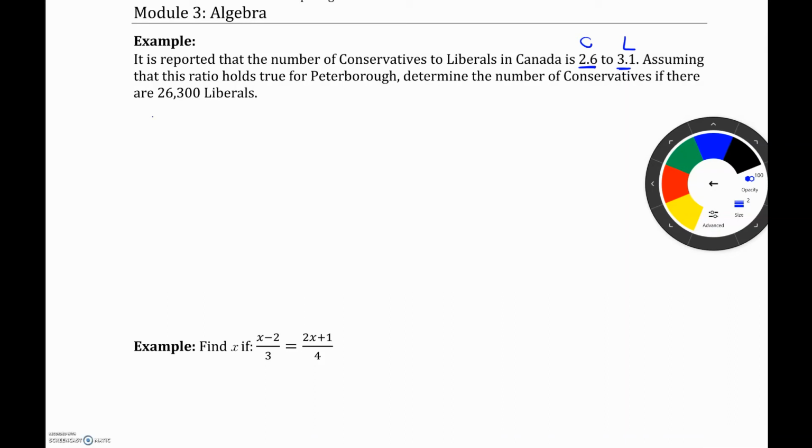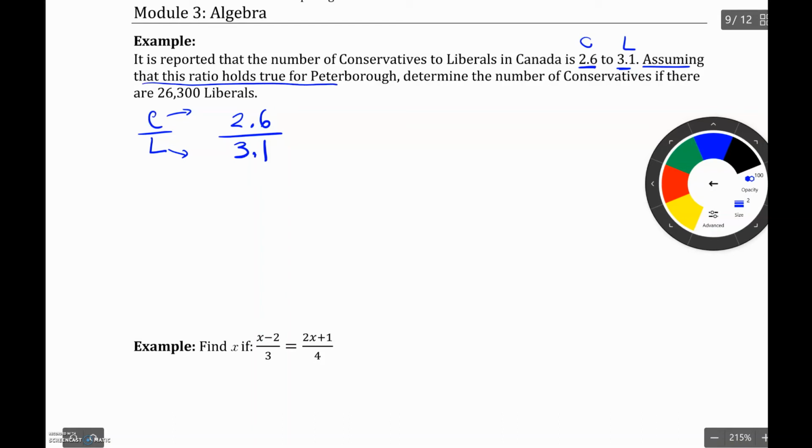So we could write here conservatives over liberals, right? Conservatives is 2.6, liberals 3.1. So conservatives on the top, liberals at the bottom. Now it says, assuming that this ratio holds true for Peterborough, determine the number of conservatives, so that's what you want to find, if there are